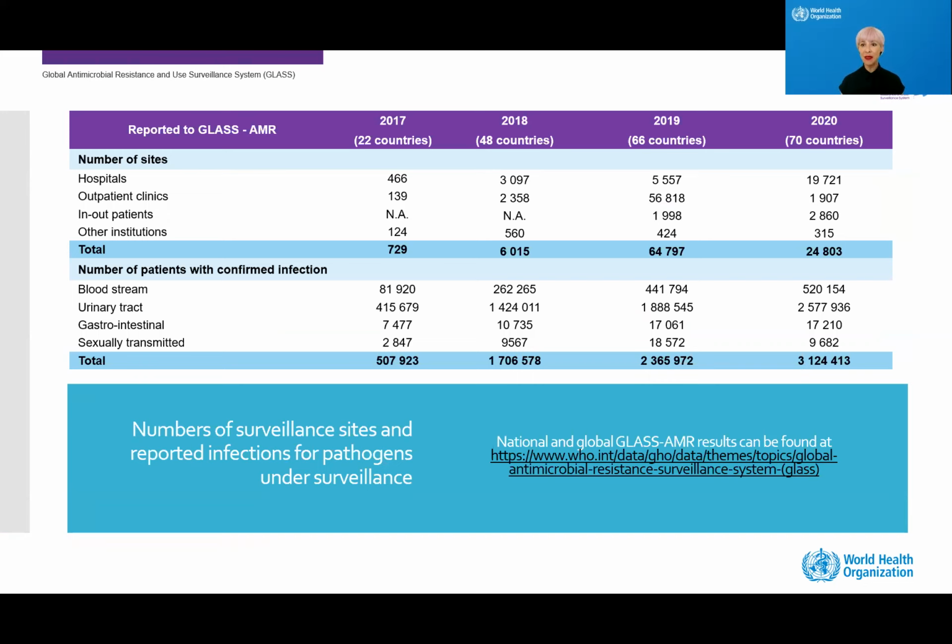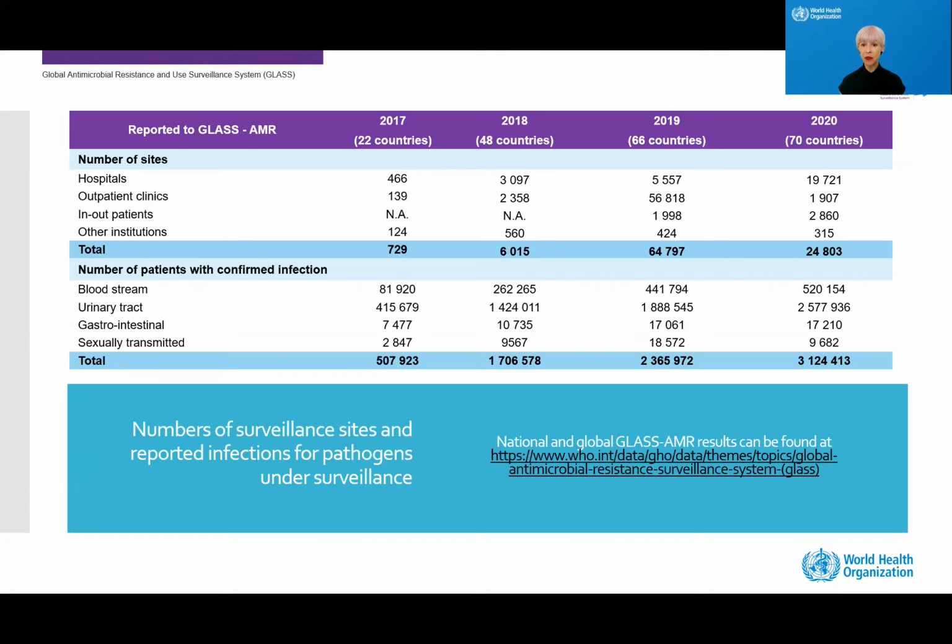In 2007, we started with 22 countries reporting AMR data with 729 surveillance sites and roughly results from 500,000 infected patients, up to this year where we have 70 countries reporting to us with about 25,000 surveillance sites for more than 3 million patients with confirmed infection for which we received